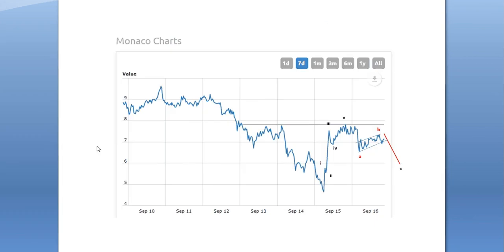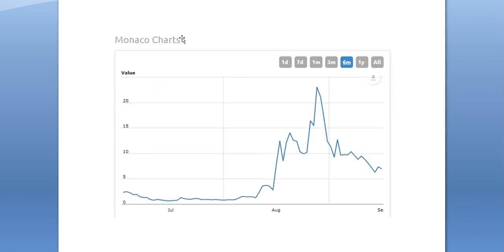So back to Monaco. What bothers me about Monaco a little bit is the daily chart. You should be able to pick out the pattern here that's just screaming out. Left shoulder, head, right shoulder. But the symmetry is pretty off.